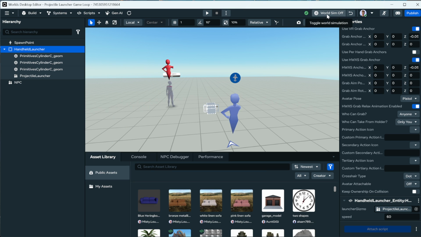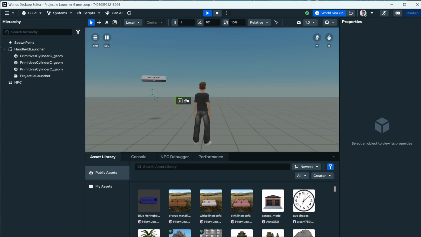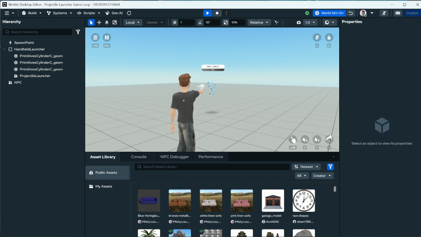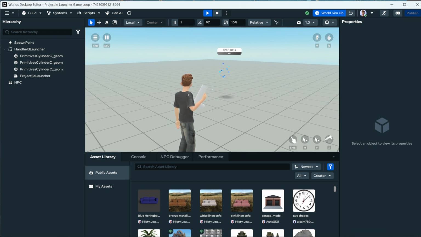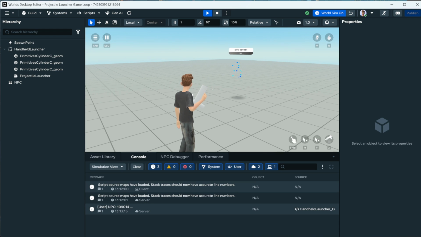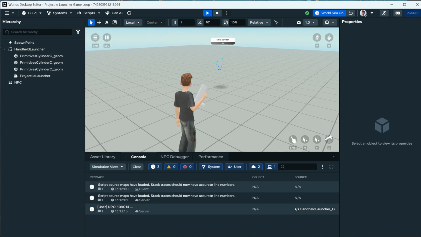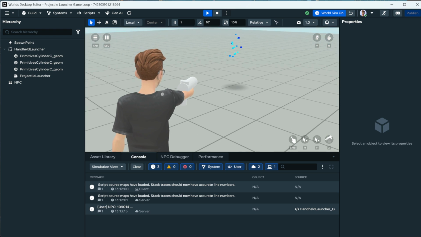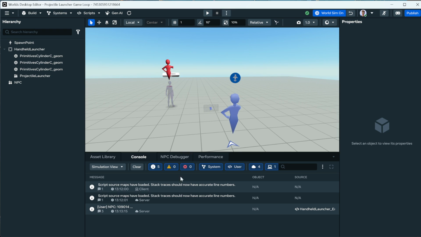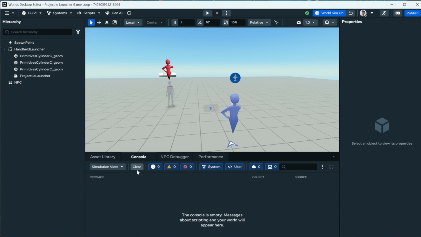And we'll just test it real quick to make sure everything works as we intend. World simulation on, grab the gun, press fire, and I didn't click on console. There we go, and we can see the NPC name did hit, and I have to right-click to point forward. So a little bit more work needs to be done to make this gun much more mobile compatible, but so